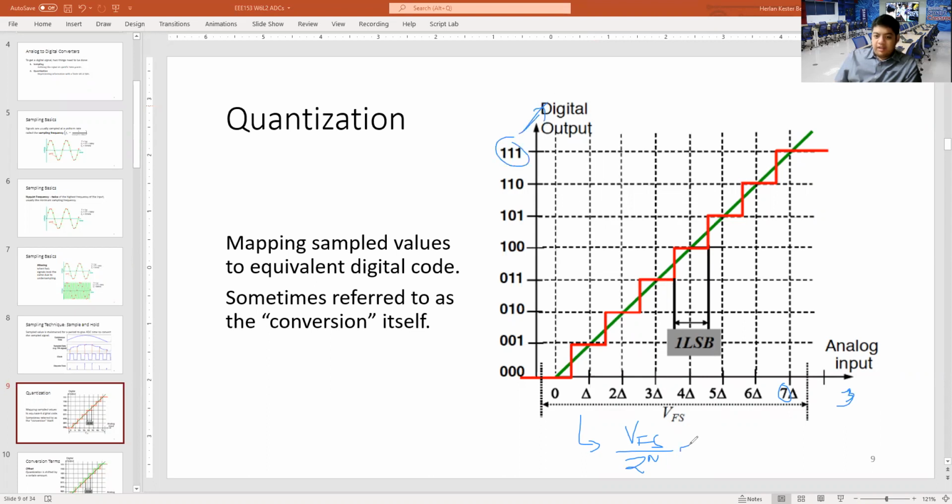So 2 to the N is 8. So VFS over 8. So for example, if 1 volt ang ating VFS, 1 over 8 siya. So ito is 0.125 volts. Ito is 0.25 volts. So anything between 0.125 and 0.25 volts, ito yun, mamamap siya to